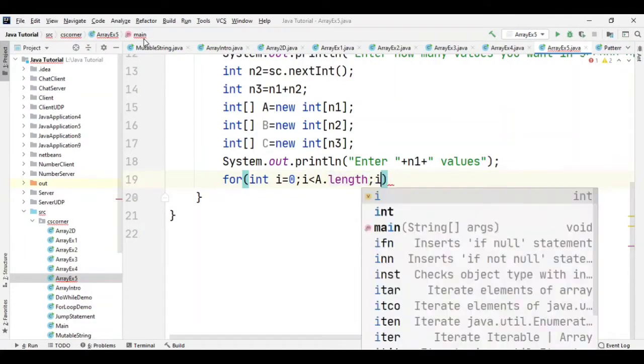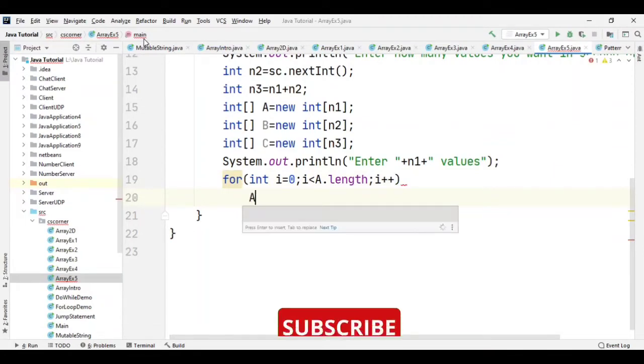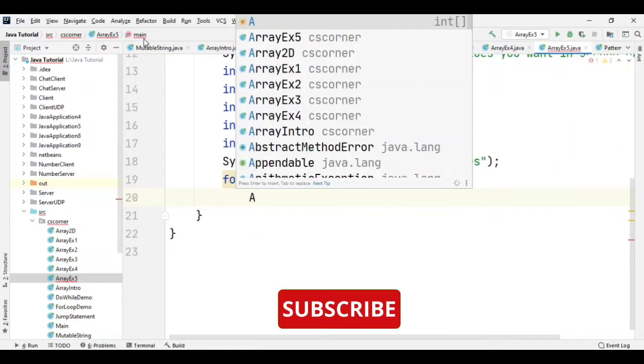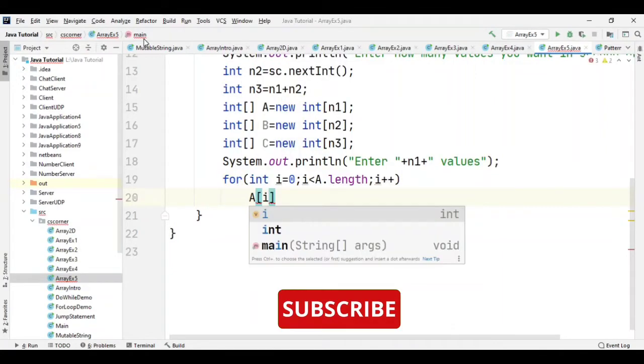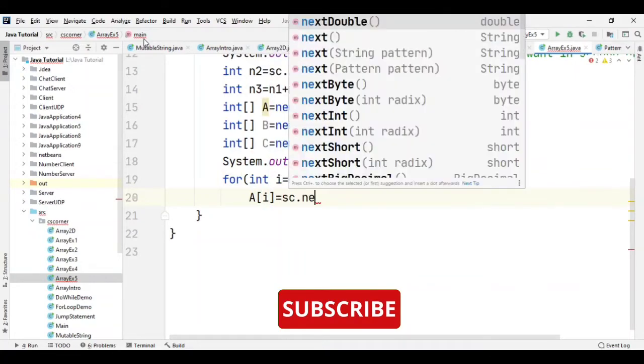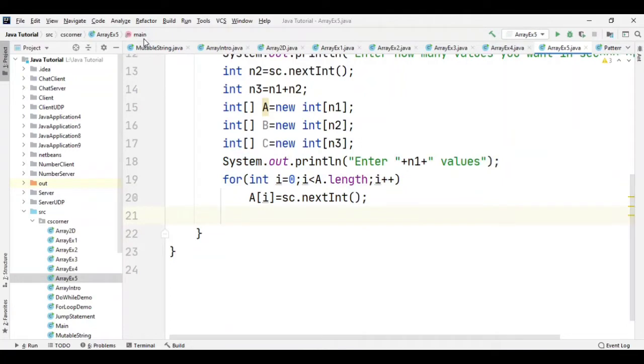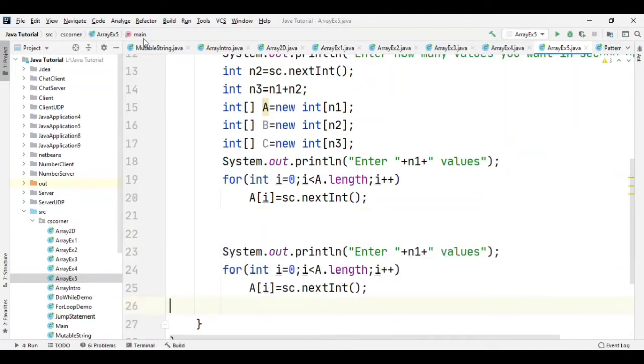And then I'm writing i plus plus, and inside this for loop, whatever value the user is entering, I'm going to store in my array at position i. So for that I'm writing a[i] is equal to sc.nextInt. The same code I'm going to write for the second array also. So let me print enter n1 values.